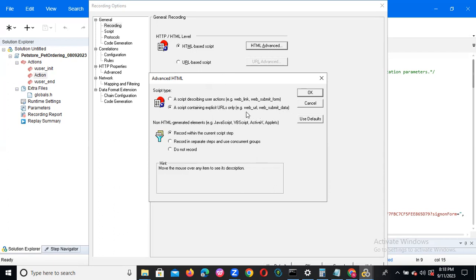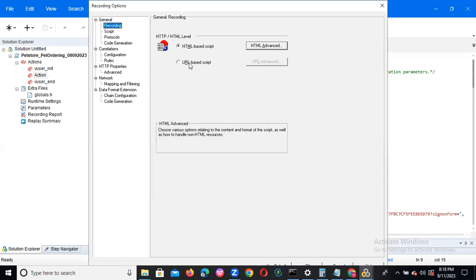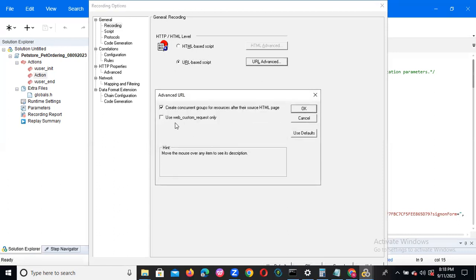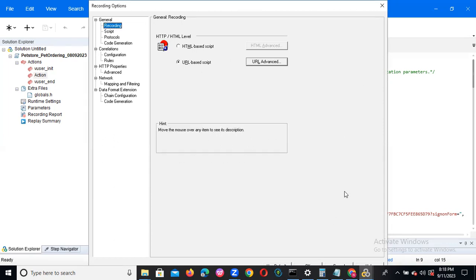So in the script, you will see when it is generated as a web URL, and when it is generated as a web submit data, we can see. Okay, and going to the URL base, you can see the URL base. The web custom request function will be generated when you record the script. Okay, now we can